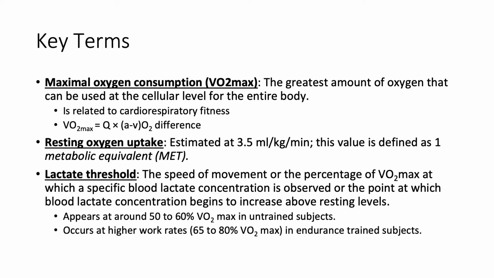Another terminology to know is resting oxygen uptake. This is the amount of oxygen uptake at rest, which is 3.5 milliliters per kg per minute. This value is defined as 1 metabolic equivalent, or 1 MET. Lactate threshold is the speed of movement or the percentage of VO2 max at which a specific blood lactate concentration is observed, or the point at which blood lactate concentration begins to increase above resting levels. Lactate threshold is also referred to as anaerobic threshold. The lactate threshold usually appears around 50 to 60% of VO2 max in untrained individuals. However, when we look at trained individuals, this occurs at a higher rate, such as 65 to 80% of VO2